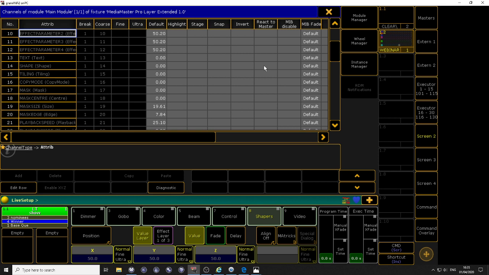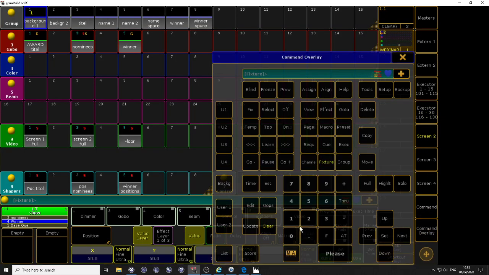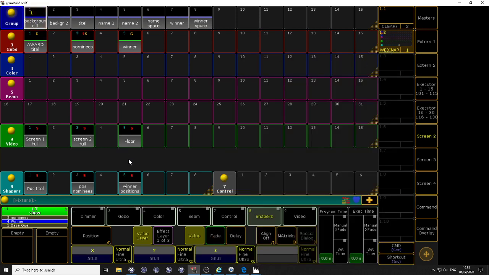The problem is, once you've touched your parameter inside your programmer, it won't recognize the link to the default anymore. So you better check that before. Yeah. Okay. So if you take one fixture and you look at the saturation, it says 50.2. If I would type this at 50, and if I would store it now, we've lost the connection to the default value, and